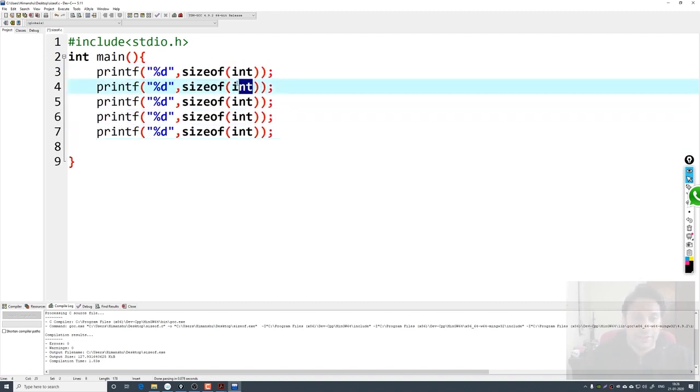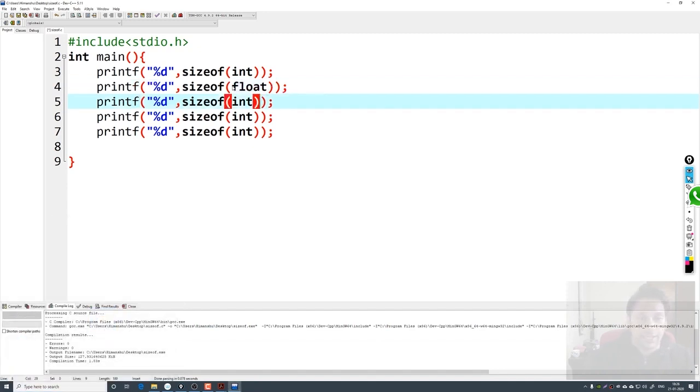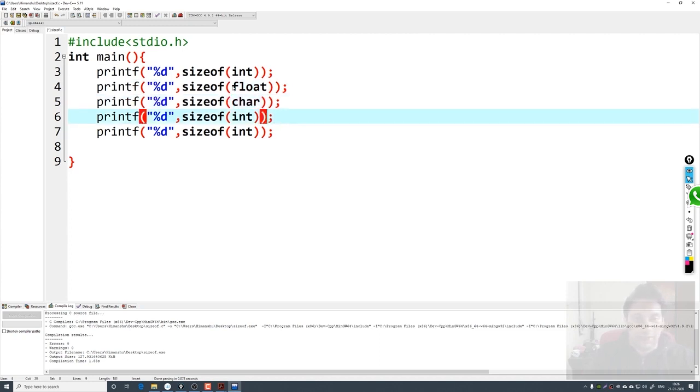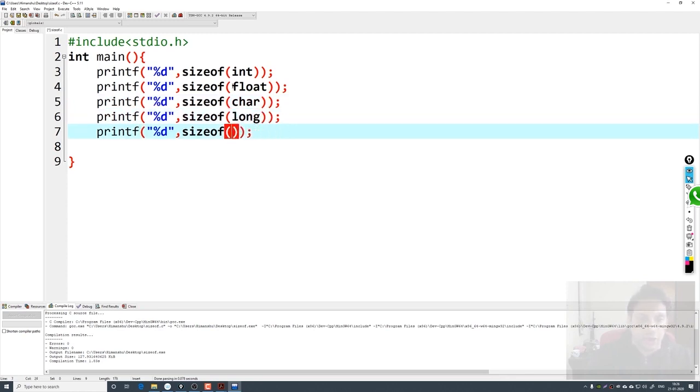Maybe I can find the size of a floating point variable. I can find the size of a character variable. I can find the size of a long type variable. I can find the size of a long int.